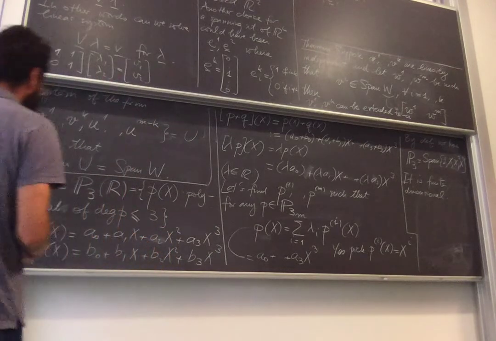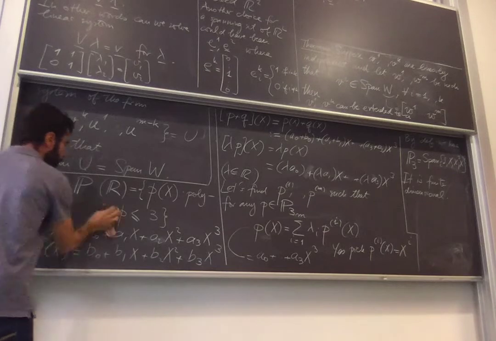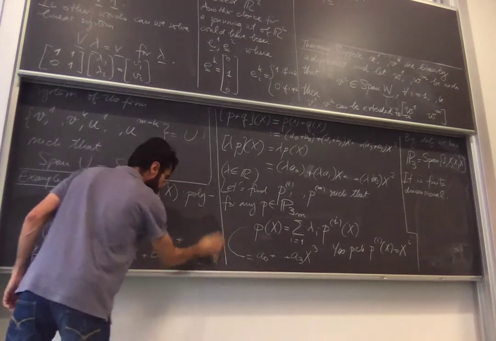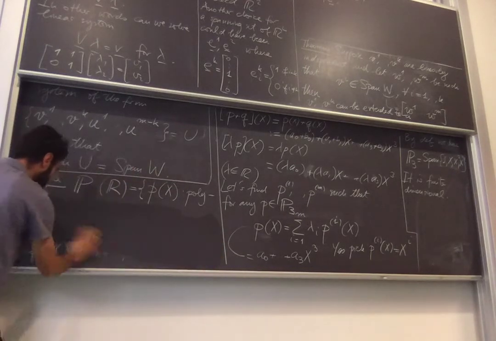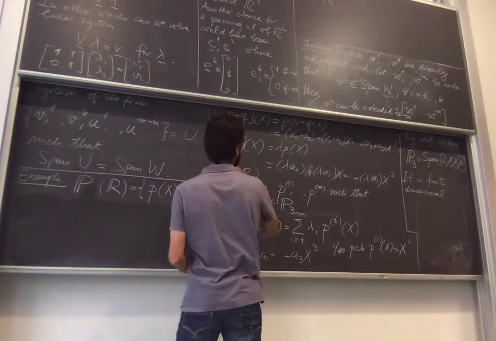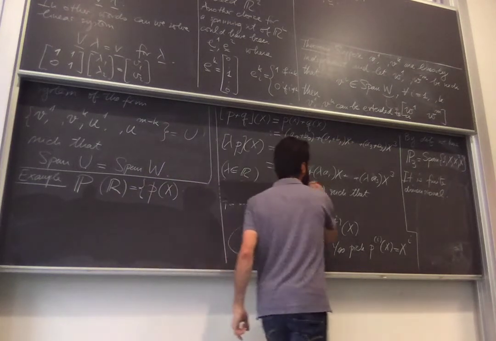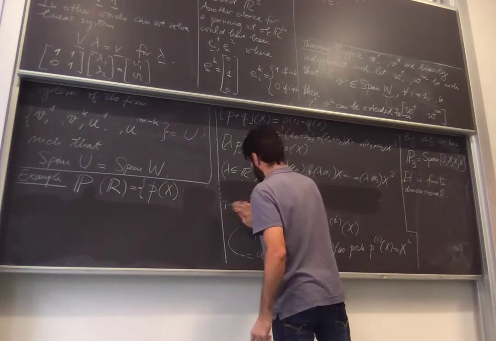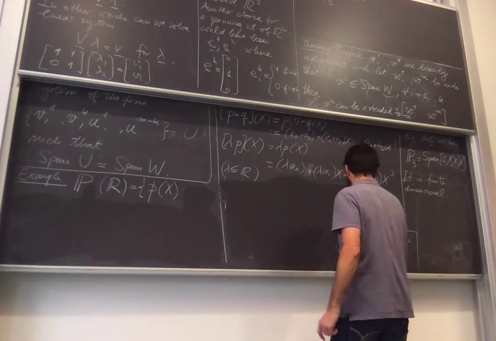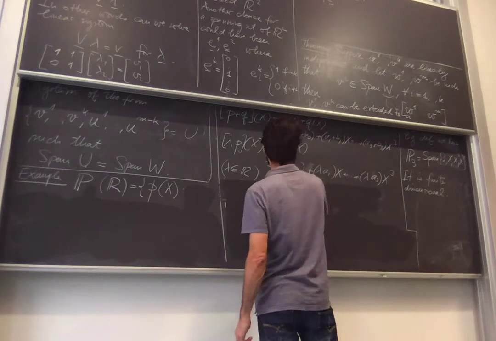Okay, so in fact, this could be, I think it is P. Okay, so let's take this example. Okay, so I'm going to do the same thing. I'm going to check that I can do